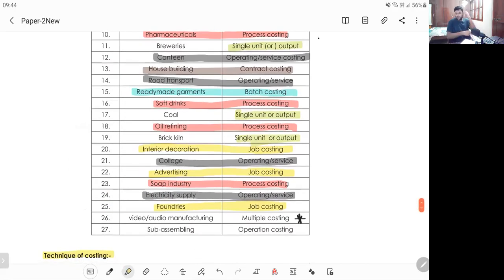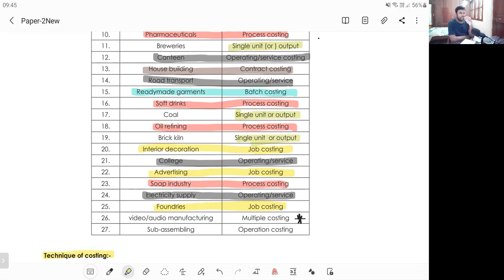Now, say for example, my dear friends, I saw this when the construction of my house was going on. When I went to the place where we can purchase construction material, the cost is set on a per unit basis. He was saying that the brick cost is 4 rupees. Now, can you purchase one brick? No, my dear friends, you cannot purchase one brick. So here, cost is determined on unit basis, but it is sold on output basis. In this case, we use single or output costing.